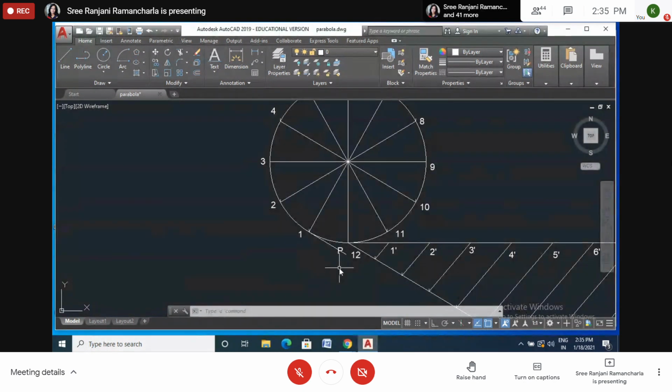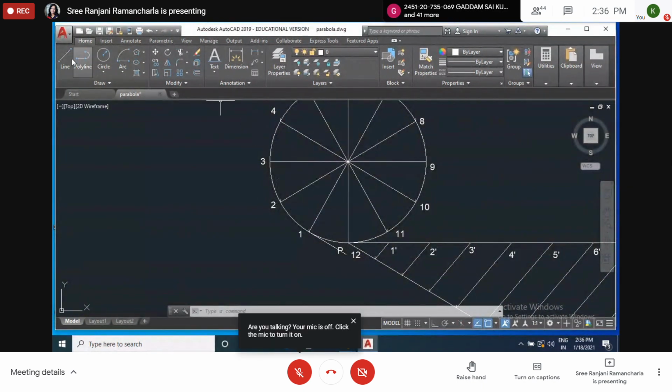Just see the end of that one. If you open that string, how will it be? The same manner here also. You have to show the locus of a point P when we are unwinding. So this is one length. I will explain again after drawing, then you can understand.